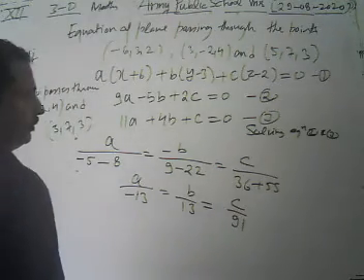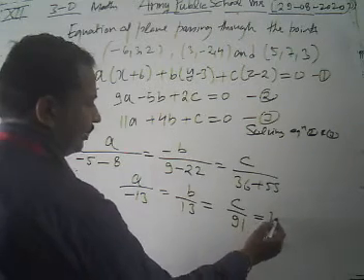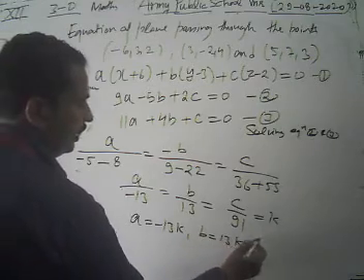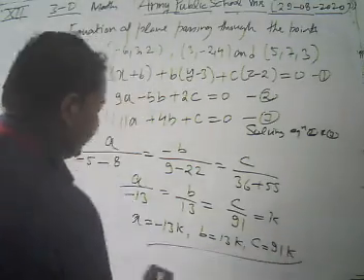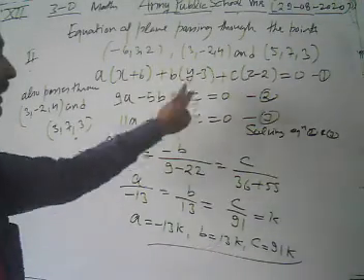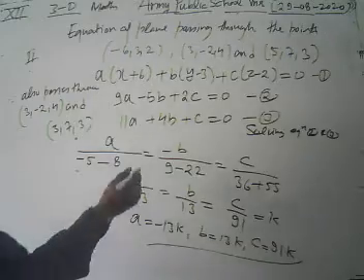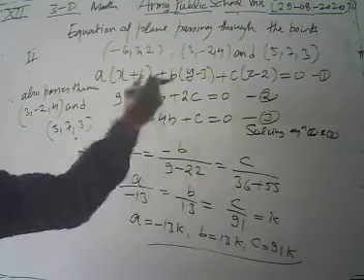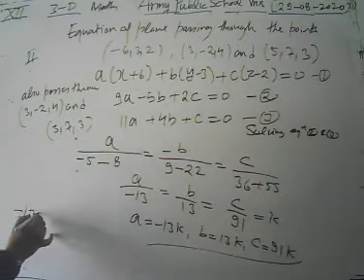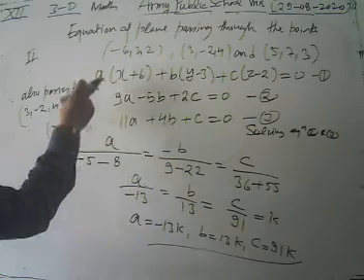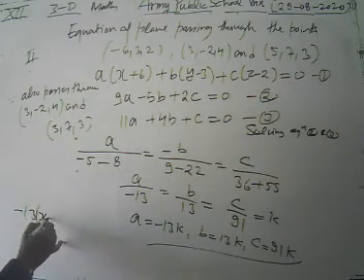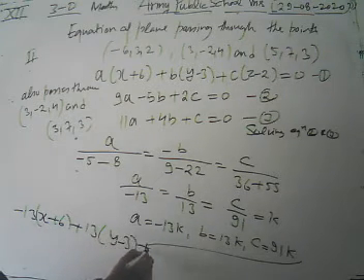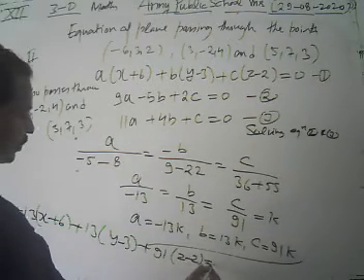Now look, we are going to put this equal to some k. Then a is equal to minus 13k, b is equal to 13k and c is equal to 91k. Putting these a, b and c in equation 1, what is our equation of plane? We put in these values and take out k common, because k cannot be 0. Then our equation is given by minus 13(x + 6) + 13(y - 3) + 91(z - 2) = 0.